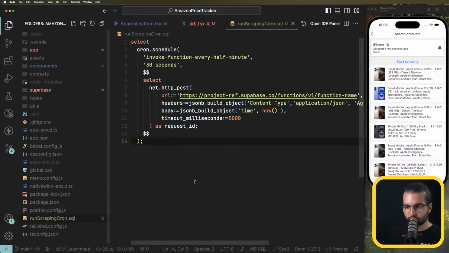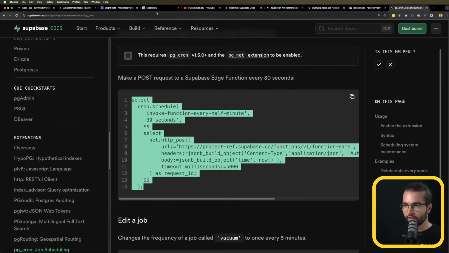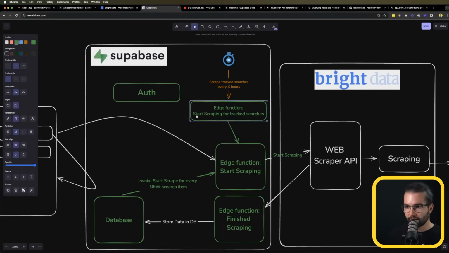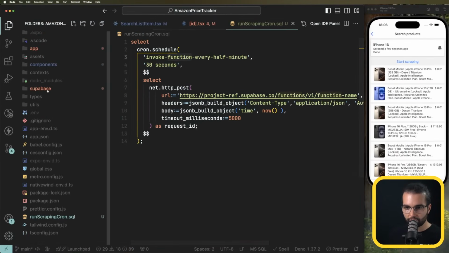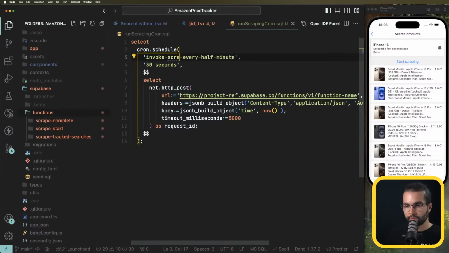And let's adjust this one here. So the name is going to be invoke function. Invoke, let's be very specific not to be confusing. Start scraping. So our function name is going to be scrape tracked searches. Invoke scraper